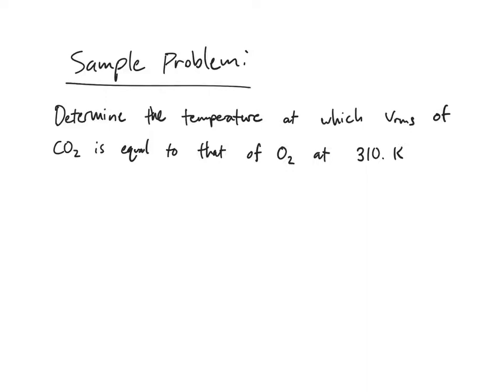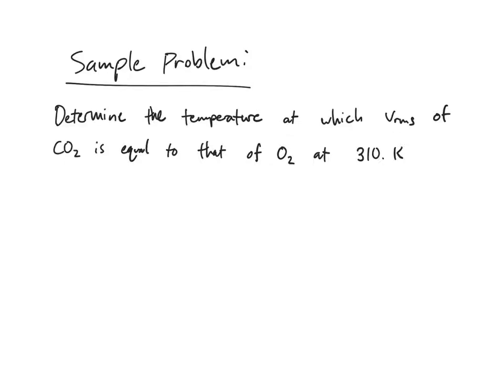Okay, I'd like to do a sample problem now. This one is fairly similar to one you'll be doing in your homework. It asks, determine the temperature at which the root mean squared speed of CO2 is equal to that of O2 at 310 Kelvin. So therefore, the first step is going to be to calculate the root mean squared speed of